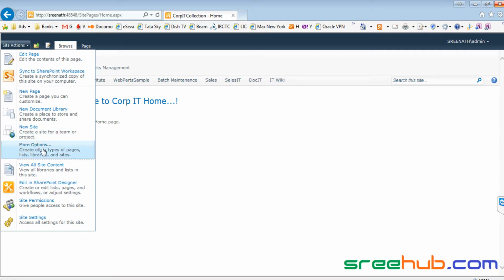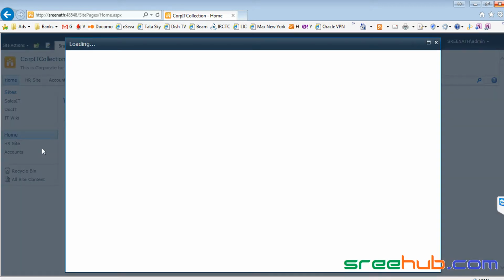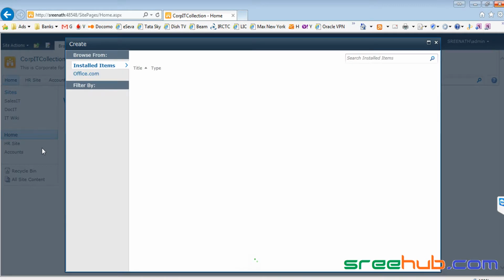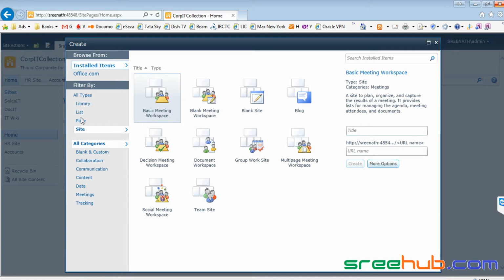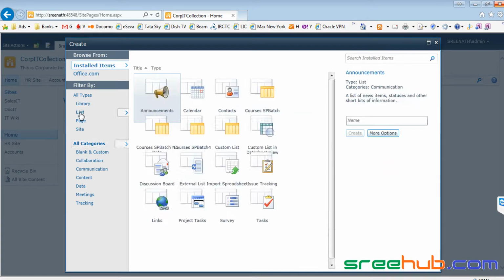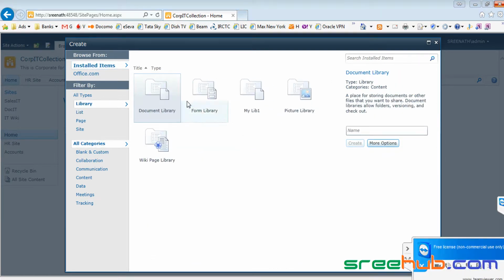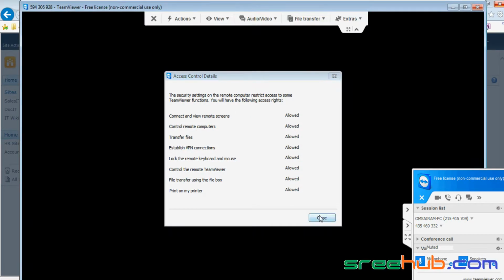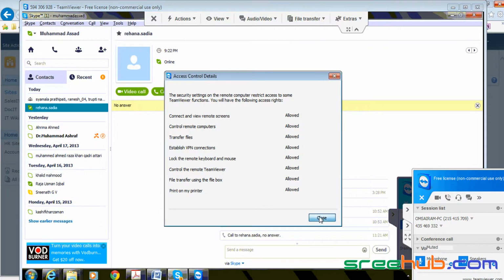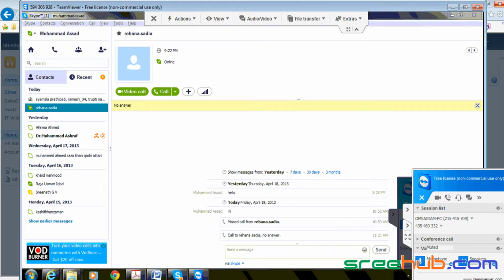Let me go to more options because we'll be using more of this. In more options you have, yeah, so I just came to this because I can distinguish this, right? On page or list, or we have seen library. In library you can't see something like blog, right? So oops, why am I able to see this?